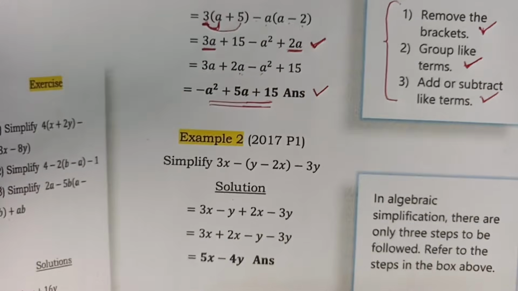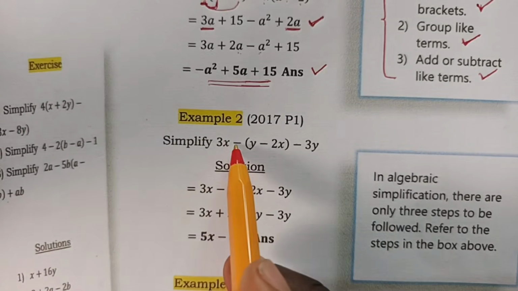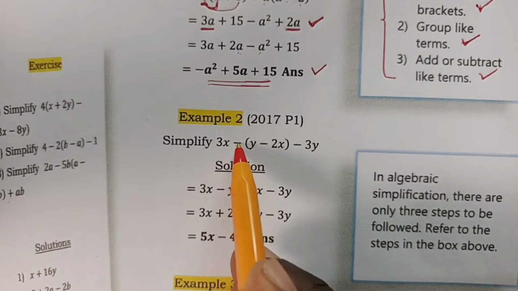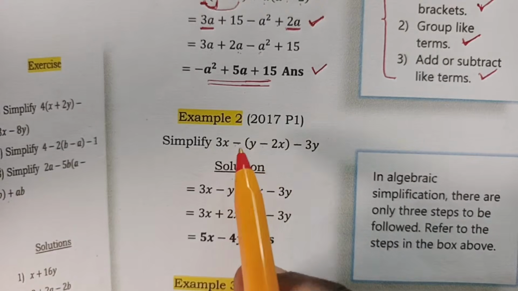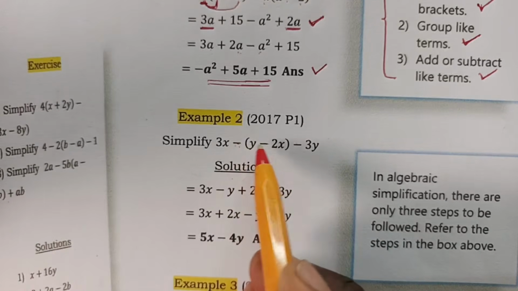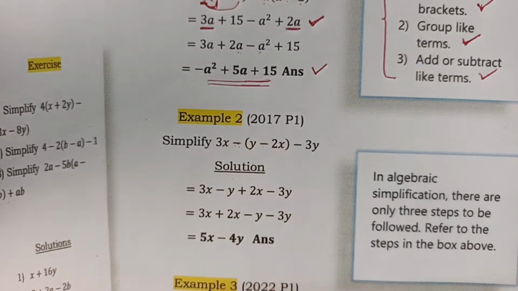So step number 1 is to remove the brackets, meaning this negative by y, it's negative y. Negative by negative 2a, it's positive 2a. And you have to be very careful when the negative is in front of the brackets because it affects the negative that is inside the brackets. This is where people get it wrong. Okay. So now from this point,